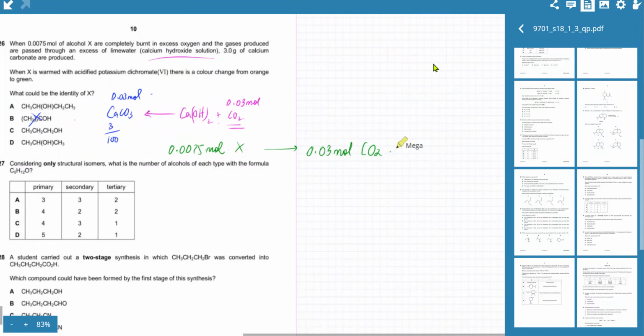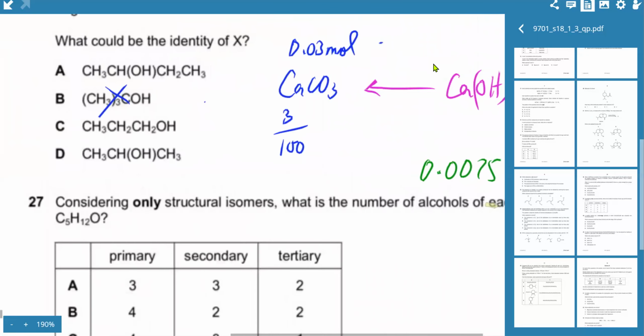One is to four. So that means one molecule is producing 4 carbon dioxide molecules. The only way that's possible is that the molecule had 4 carbon atoms. If you burn any molecule that has 4 carbon atoms, it's going to produce 4 carbon dioxide molecules, right? So I figured out the number of carbon atoms, and that's 4, because that's the only way a molecule could produce 4 carbon dioxide gas molecules. So C and D are no longer correct options. They are gone. B was already gone because it was a tertiary alcohol, doesn't get oxidized, and you're left with A.